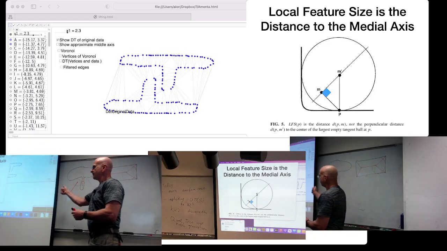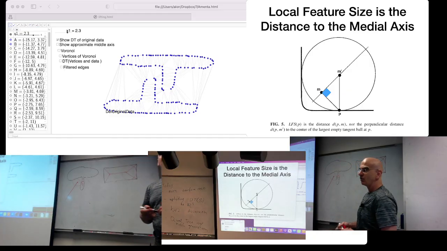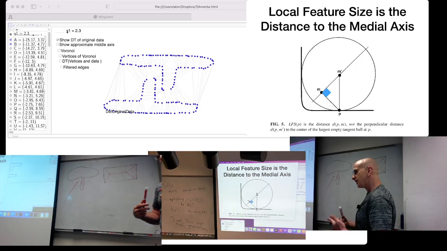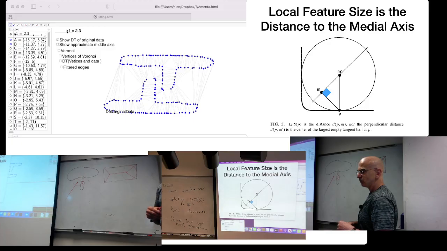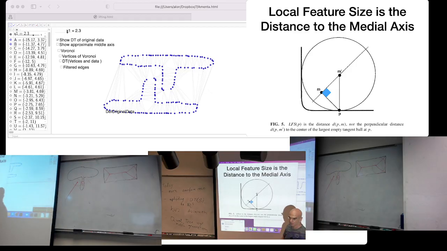Okay, we have the medial axis. We now ask what is the local feature size. The local feature size is a term that helps me understand if I'm going to sample, if I'm going to drop some of the points for compression, or want to ask how frequently should I sample. Like we were working on a project, Josh and Kobos and myself and people from